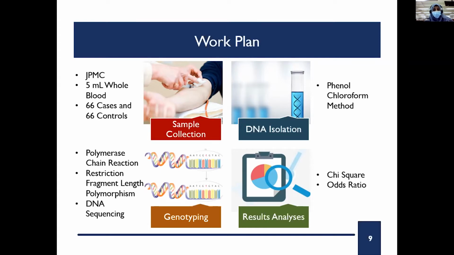The isolated DNA was amplified using conventional polymerase chain reaction, and the amplified product was digested using a restriction enzyme, with restriction fragment length polymorphism analysis. For confirmation of the results obtained from RFLP analysis, DNA sequencing was performed on selected samples, and all the genotyping results were then statistically analyzed using statistical parameters that include chi-square and odds